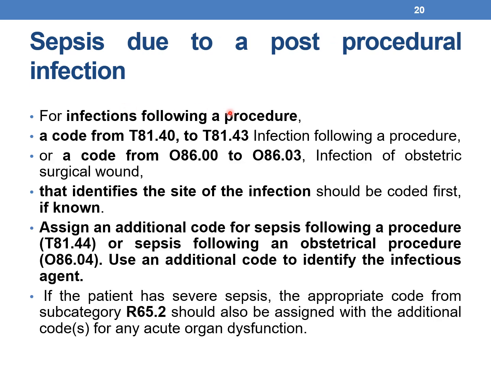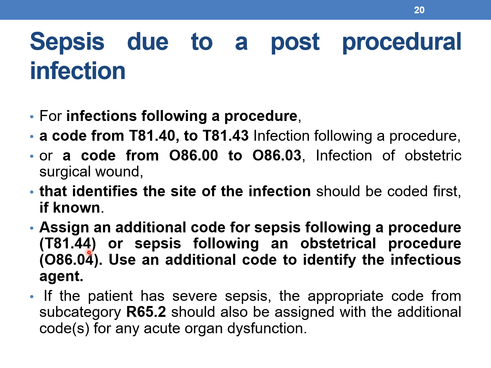Now for infections following a procedure, a code from category T81.40 to T81.43, infections following a procedure, or a code from category O86.00 to O86.03, infections of obstetric surgical wound, that identifies the site of infection, should be coded first. If so, first the T codes, followed by an additional code for sepsis following a procedure